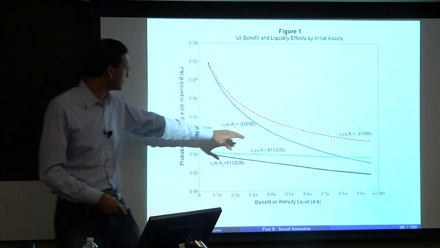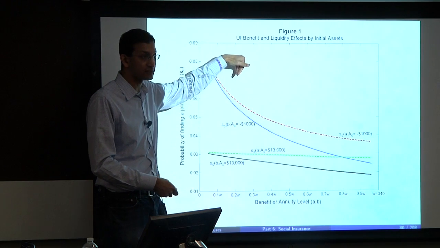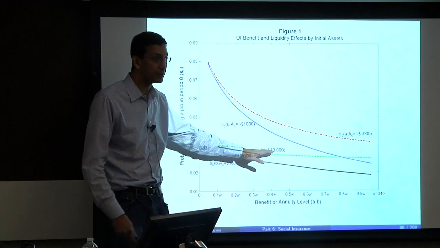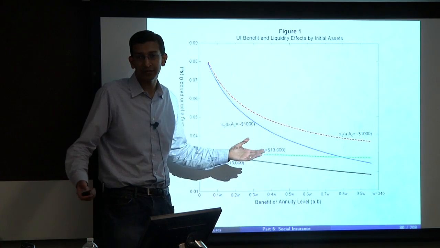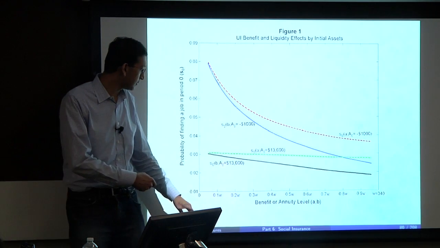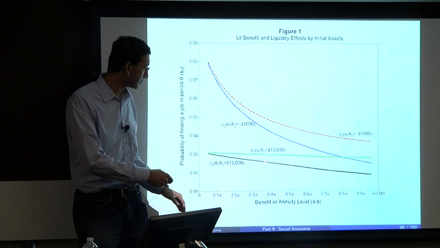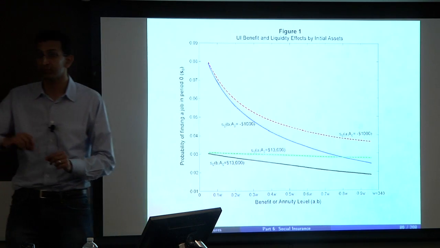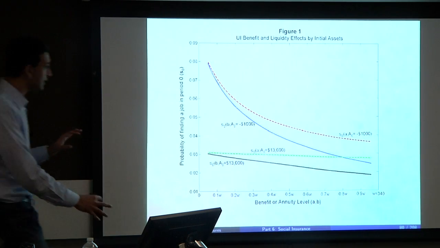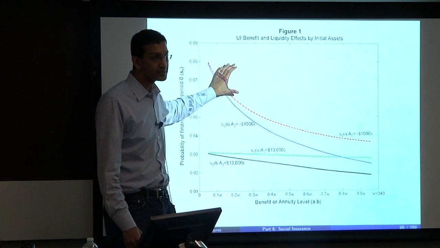And that is entirely driven, as you can see by the red curve, which is the annuity part, by this liquidity effect being really big. For the guy who has a lot of assets, the liquidity effect is essentially zero. It basically doesn't make a difference what the level of benefits are, or how much cash he has. The reason that search intensity does vary with the level of benefits is purely due to the price effect rather than the liquidity effect. So you can see now that these are two very different scenarios